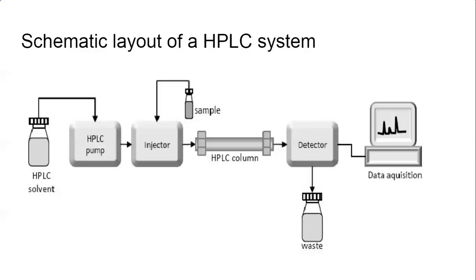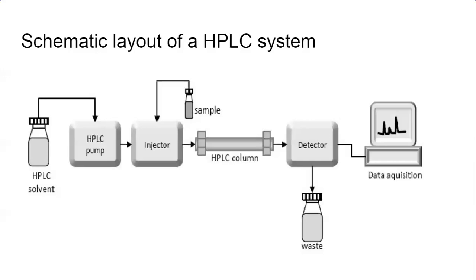In column chromatography, we directly introduce our sample mixture at the surface of the column, followed by the eluent. Once we introduce the mixture on the surface, we leave it for some time. Due to different interactions, the particles diffuse or travel different distances. But in this case, the sample as well as the mobile phase are both introduced into the column at once. So that is one more difference.